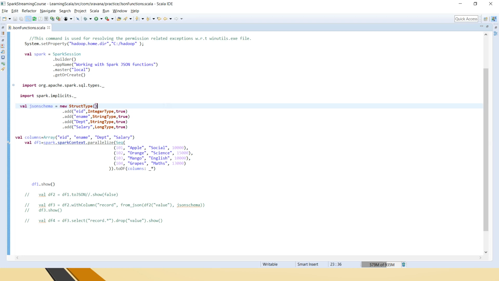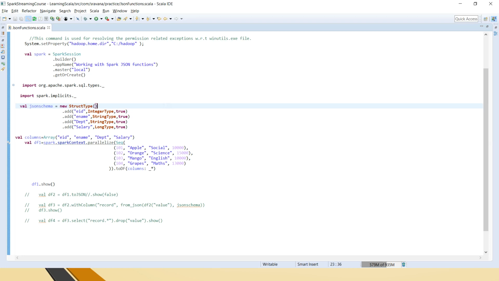Whatever input file you are getting, you convert that into a JSON, so that JSON record will be the value. If you are flushing that information to Kafka, it is very easy to capture it, and after you send it downstream, the downstream applications can just read the value using from JSON and it will become a structure.